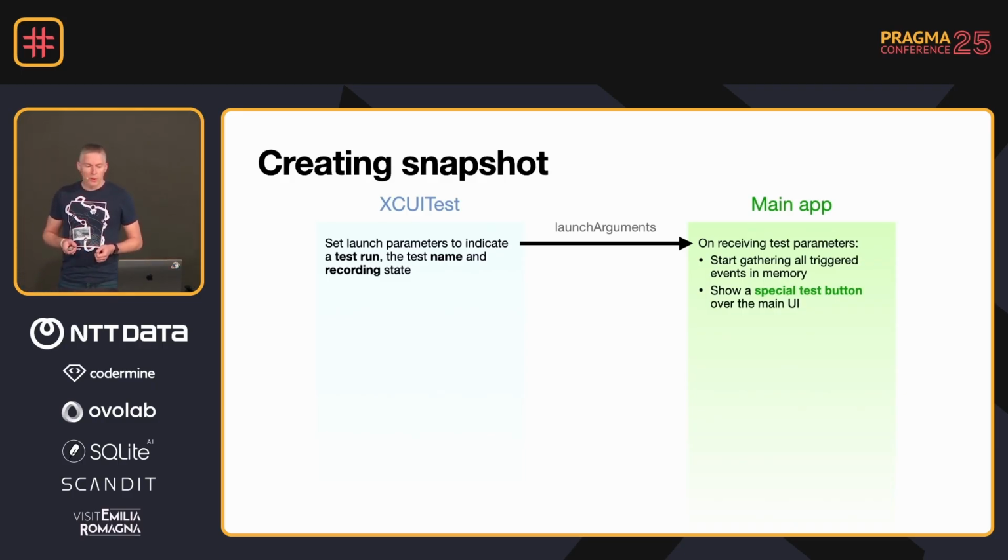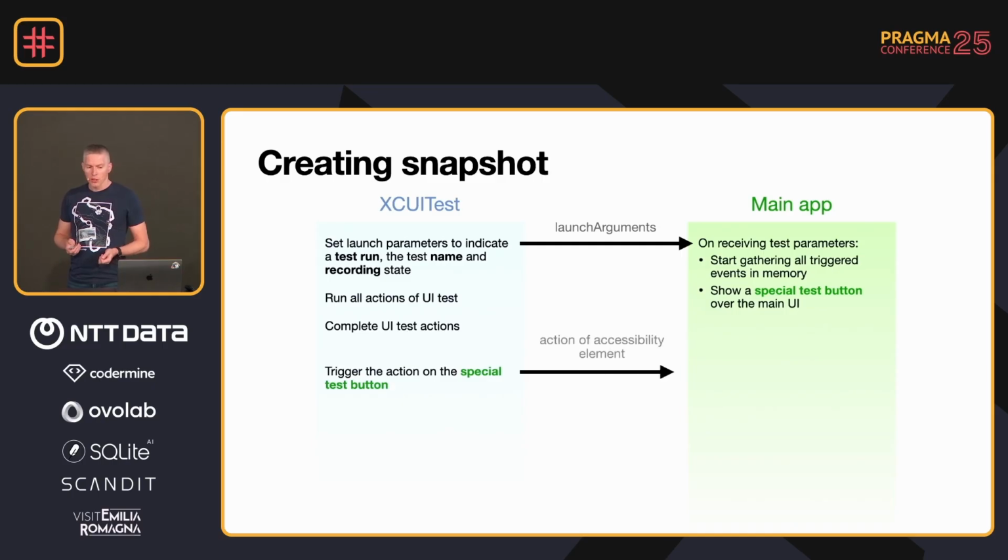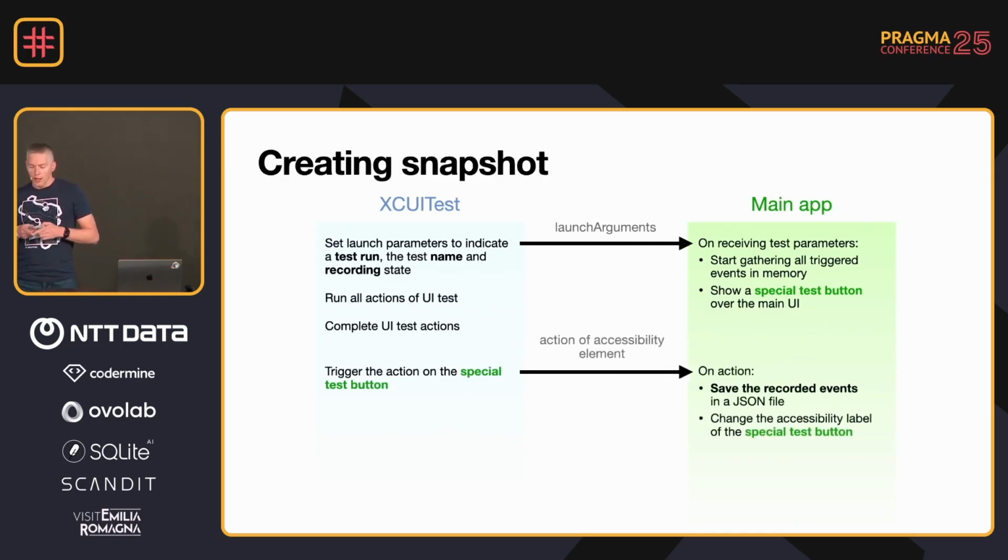On receiving those launcher arguments, the main app starts to perform, and it gathers all triggered events. And a very important thing, it shows a very specific Y element which we will use to communicate between both parts. XCUITest, meanwhile, runs the specified set of actions like a normal XCUITest. It completes this set of actions and then triggers an action on this special Y element, which invokes business logic of the app, which stores all recorded events to a JSON file and changes the accessibility label of this element back to indicate